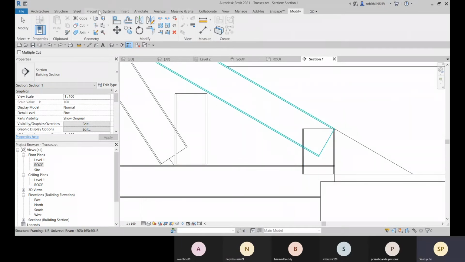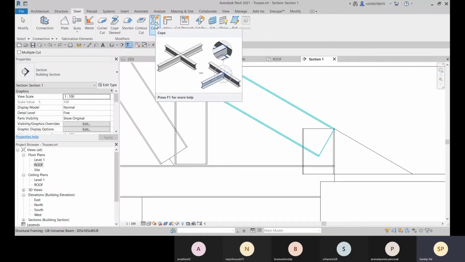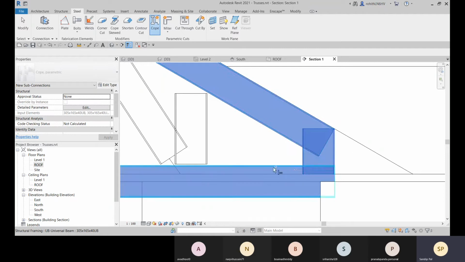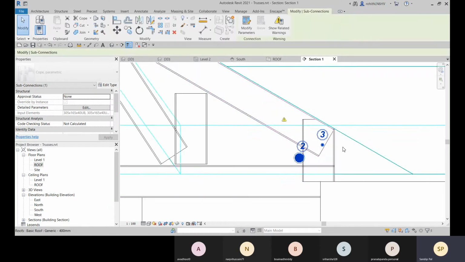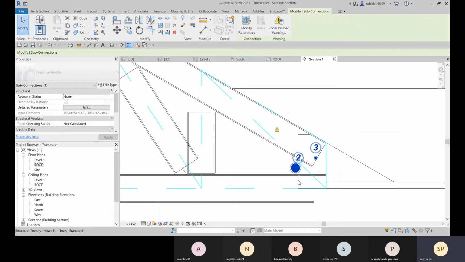You get this option in this steel tab also. So there you have this coping option. The coping will be applied for the intersection part. You have to hold control and select it and then press enter. And there this one is applied.